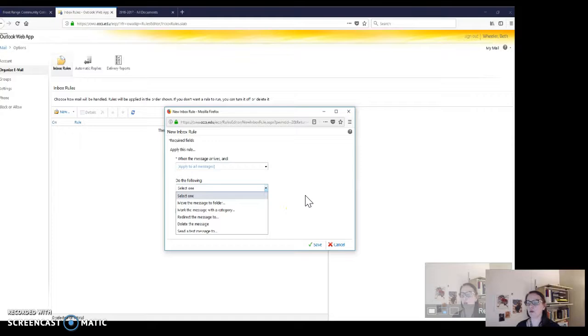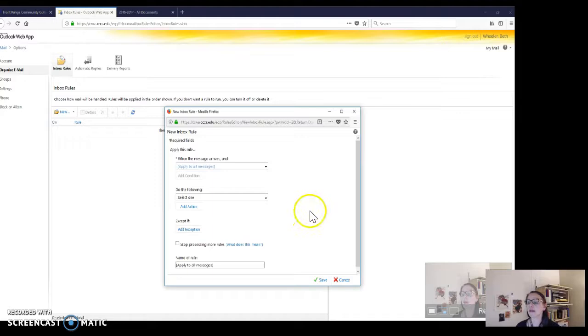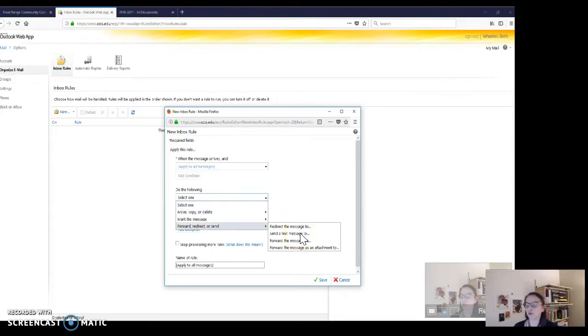Under do the following, it doesn't give me the forward option, which I need, so I have to click on more options. That's going to have to be step 7. I'm just talking to myself so I can revise my instructions for you. You're going to hover your mouse over forward, redirect, or send, and then you're going to choose forward the